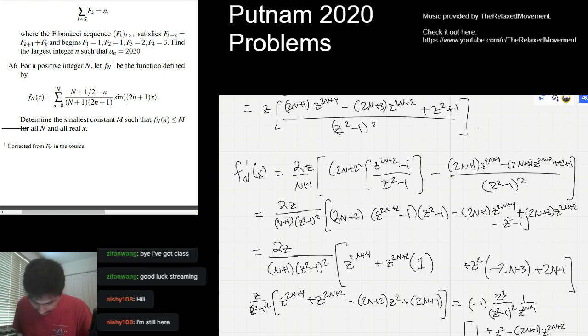So now the z squared minus 1 squared cancels out, thankfully. Then you end up getting z to the 2n plus 1. So you end up getting that z to the 2n plus 2